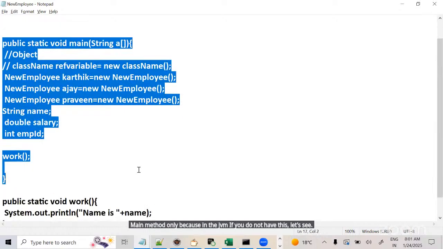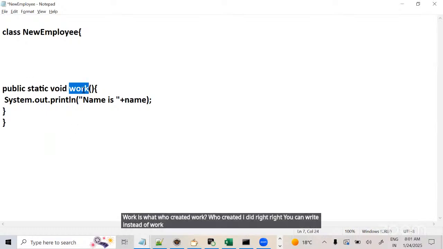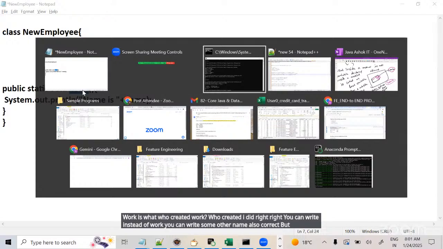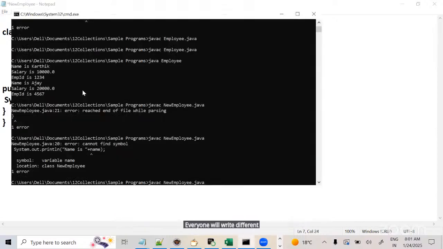So work is what? Who created work? I did, right? Instead of work, you can write some other name also, correct? But how does Java know that you will write work only? Everyone will write differently. But if you compile it,